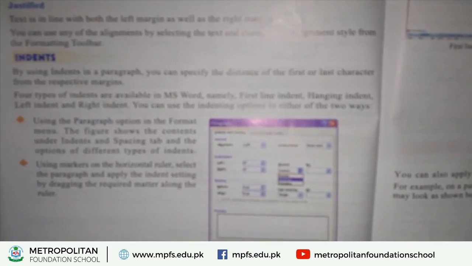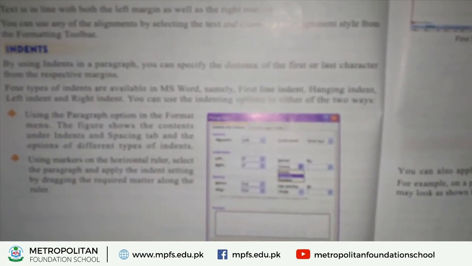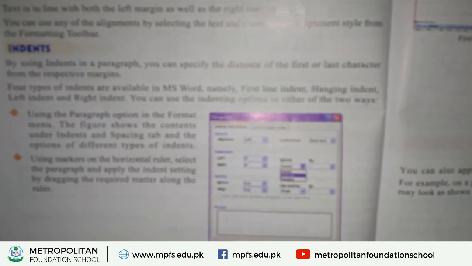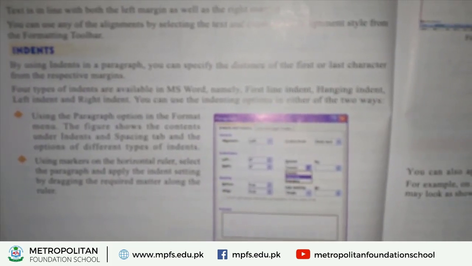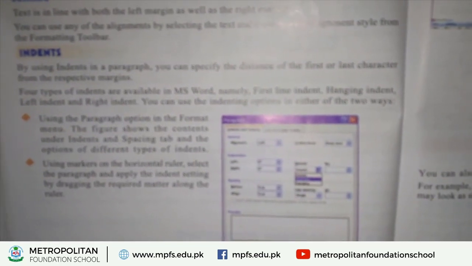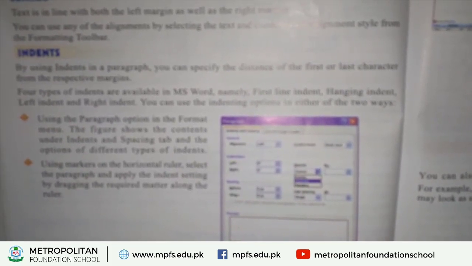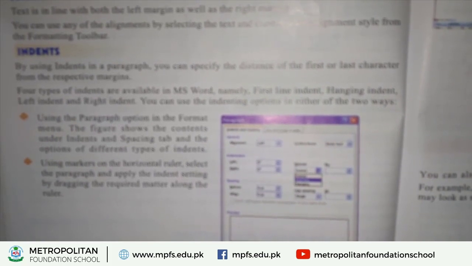You can use the indenting option in either of two ways. First of all, you go to the option in the Format menu, which shows the contents under the Indents and Spacing tab, and the options of the different types of indents.